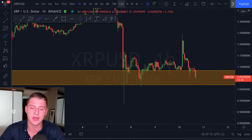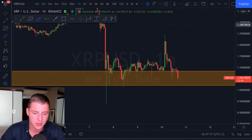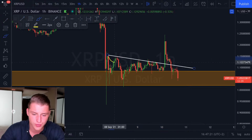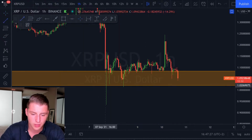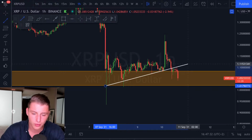So XRP, of course, trading at the accumulation zones. On the 1 hourly candles, not a lot of technical analysis that we can be seeing right now here. Of course, you can see a clear resist line was getting created here. We broke through this resist line. We moved up, then we moved down very quickly below it right after that. To be very honest as well, you can see an upward sloping support line was getting generated over here. We broke below it. We saw a fake up, but if you're going to approach it a little bit differently from here on,